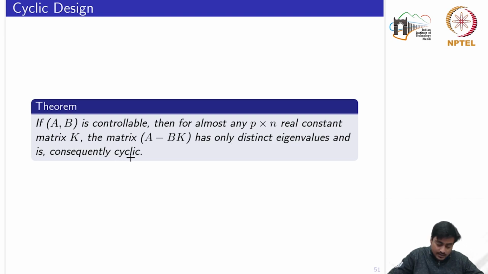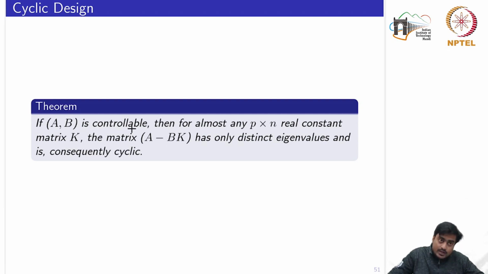Here we see the straightforward benefit: in the Lyapunov based design, we need to select the matrix K bar to ensure those two strict conditions. But here we had seen that for almost all P-dimensional vectors V, the pair A comma B times V is controllable. Now,